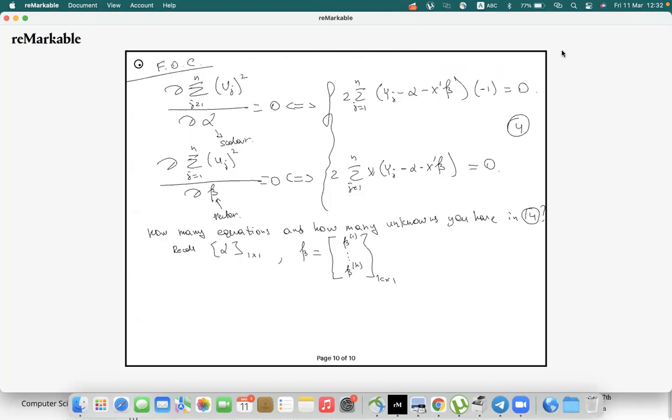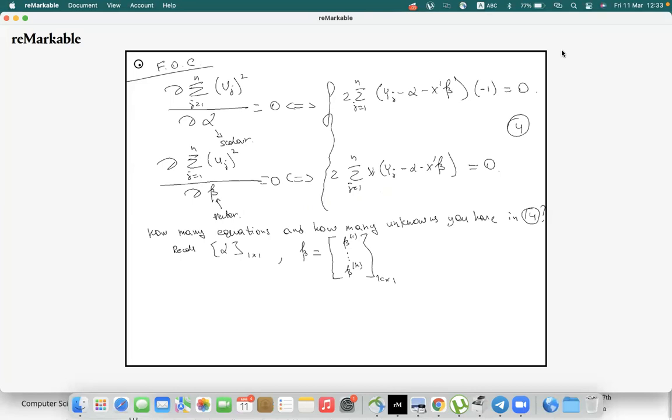So just think about it. You have alpha here, scalar, and you have beta, which is a vector, which means that you have k derivatives. So in total, how many equations and how many unknowns? 2 equations. How many? 2 equations. No, because you are forgetting that this thing is a vector. Of course, I'm writing it in the notation, but don't forget that it's a vector.